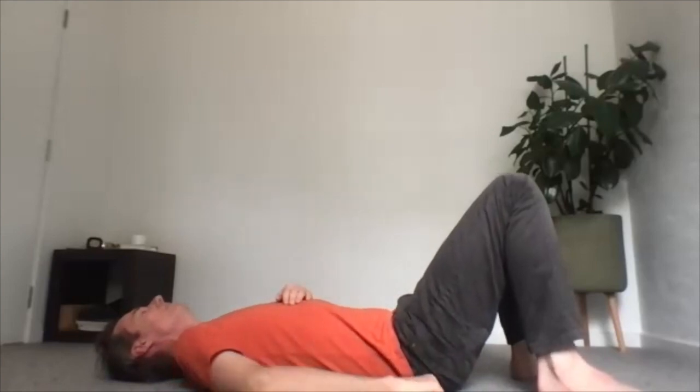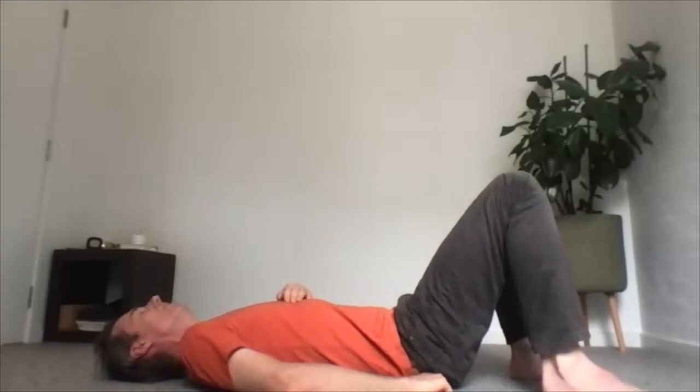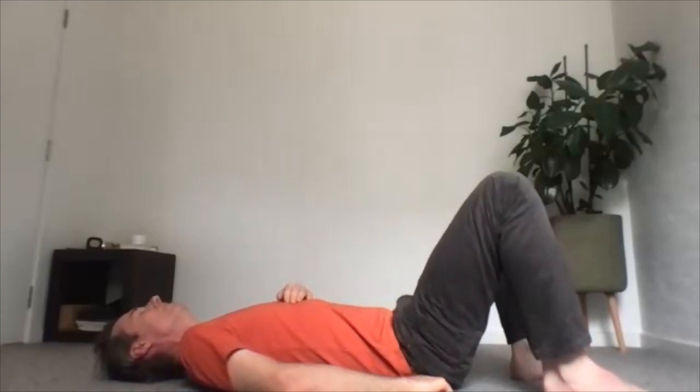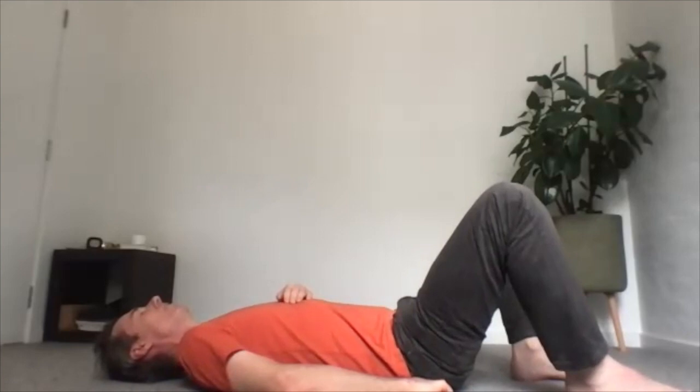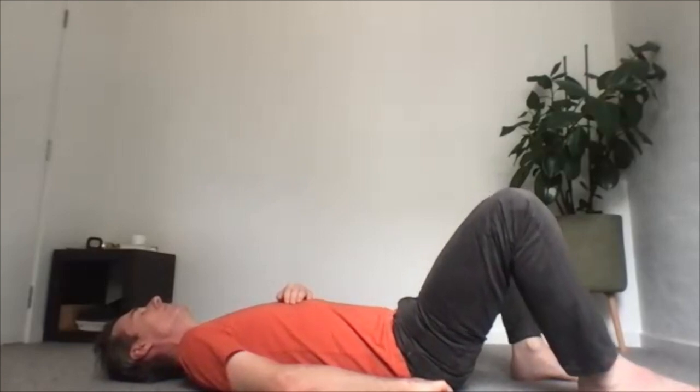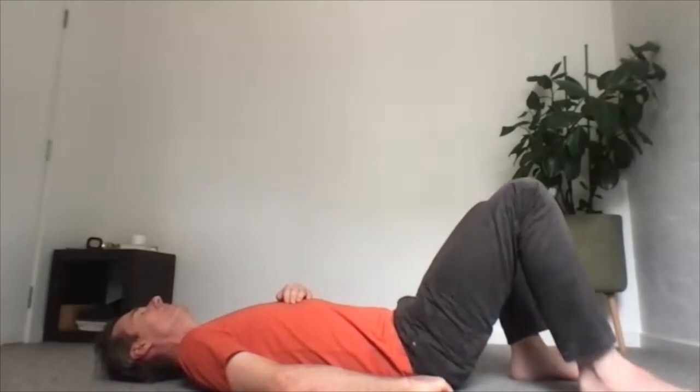So this doesn't work for everyone. Maybe your knuckles are a little bit sensitive, so you can use the ball straight away if you like. But you might like to just slide the knuckles underneath and just gently let the weight of the leg roll on top. And we're looking for that big cushion right in the middle of your butt cheek. So inside the hip,